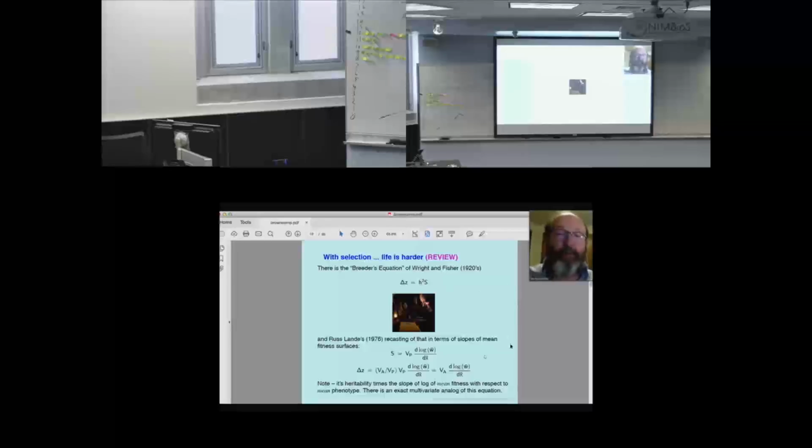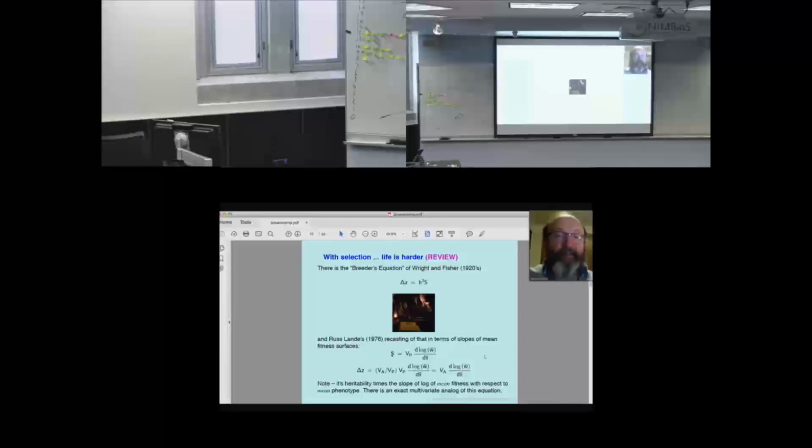And as you've been told by Steve, Russ Lande managed to take the selection differential, which is the difference between the selected individuals and the original population mean, the mean of the original population from which they were drawn. And Russ pointed out that when you have a fitness surface, a surface of mean fitnesses, it would be the adaptive topography that Steve talked about,